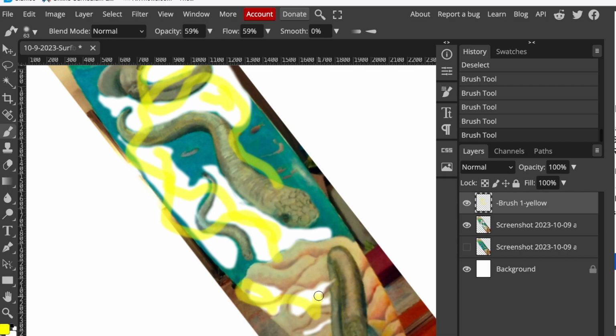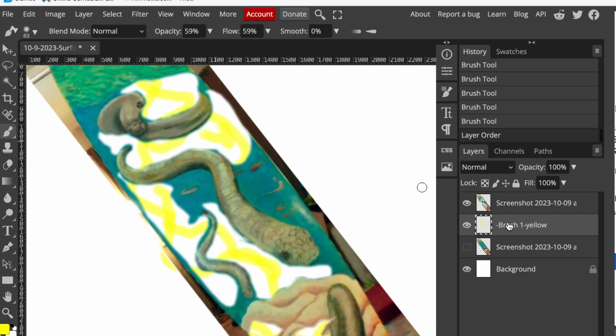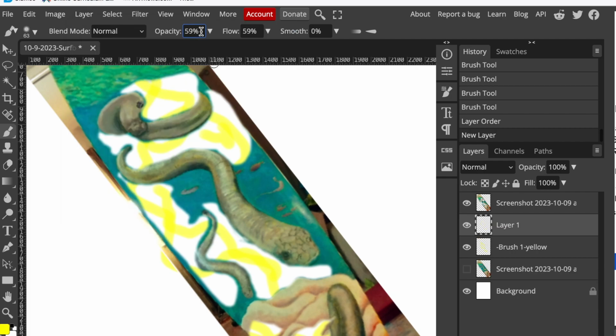Right, and I'm noodling around here. Now, I'm going to bring my layer underneath. Now it is underneath everything. Okay, I just brought this layer down. Now I'm going to go layer, new layer. And I want to see